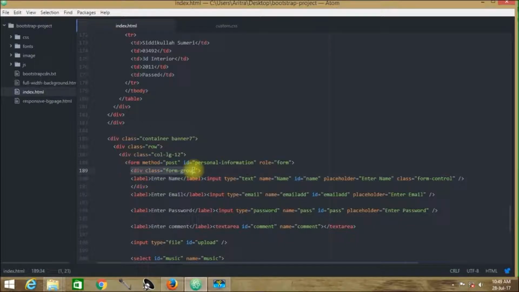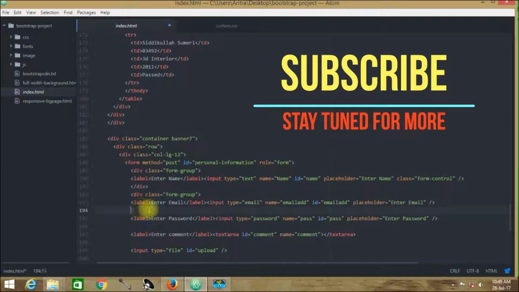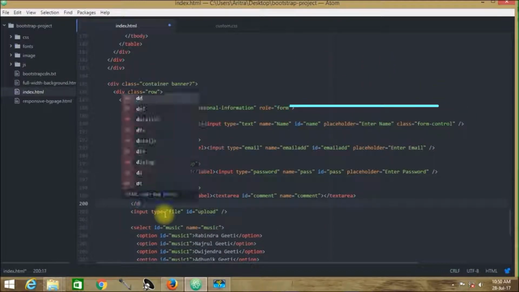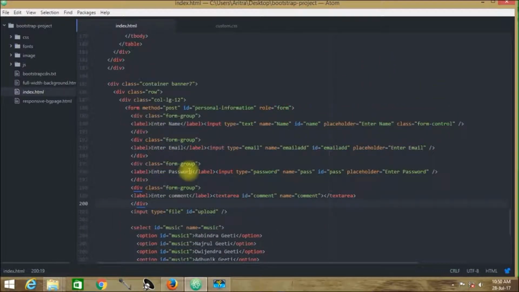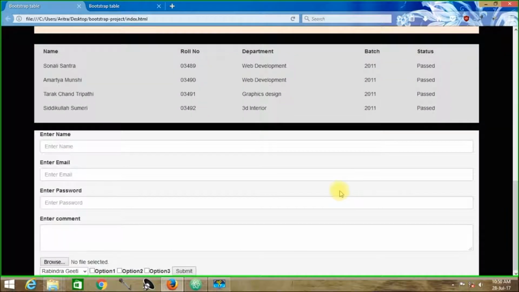We need to get back to our project here, and inside we have to create these things again. First of all, create all those div class form groups. Those will be used over here. Now so far we have created this div class form group. Now inside those individual input types, we are creating the same thing over here, as we can see, form control. Now get back to your project and reload. Now you can see that everything is coming in accordance as those classes are getting used over here.